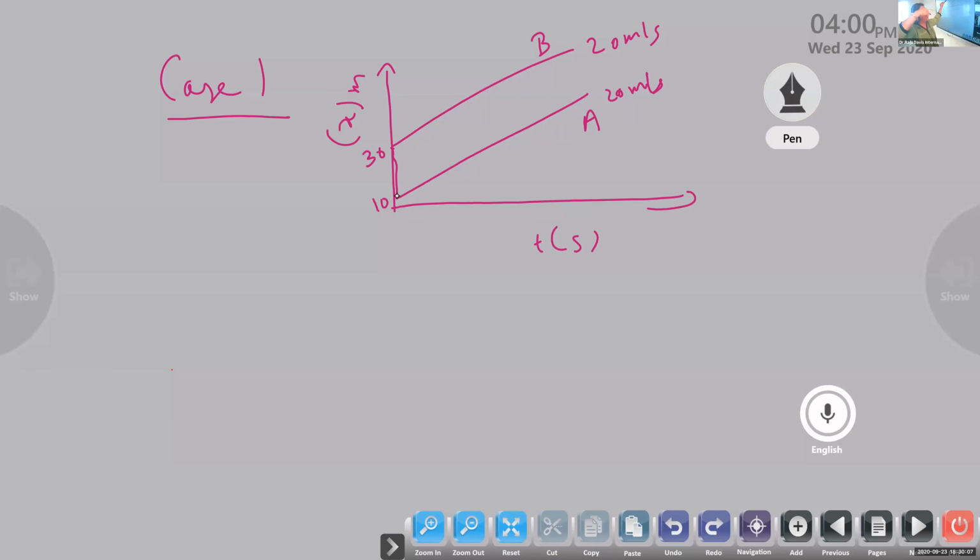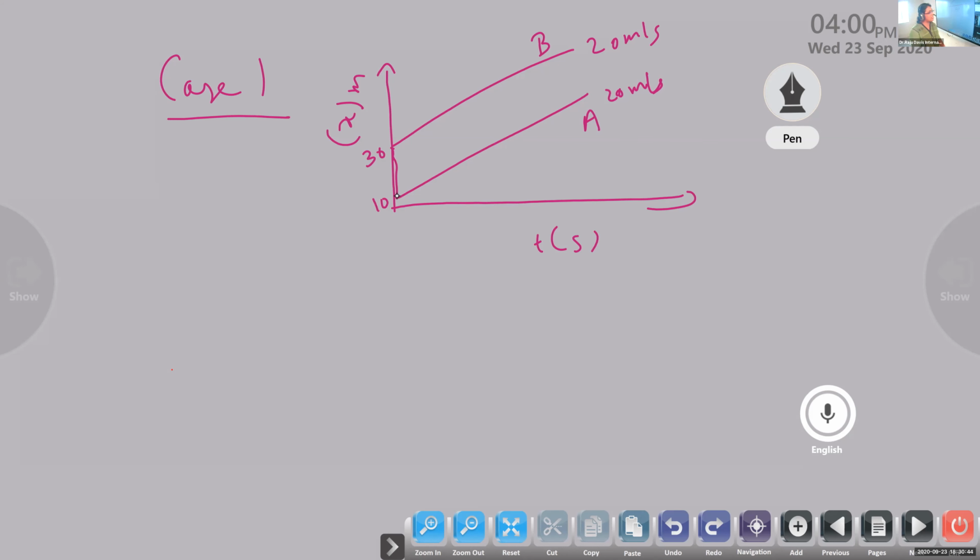But both are moving on the same road, with the same velocity. Are you getting me that point? So one of them stopped, the other one was still continuing at the same speed. We are assuming that even the bus coming from Kodungalur is moving at the same 20 meters per second to Chalakudy. The bus which started from Mala is also moving at 20 meters per second.